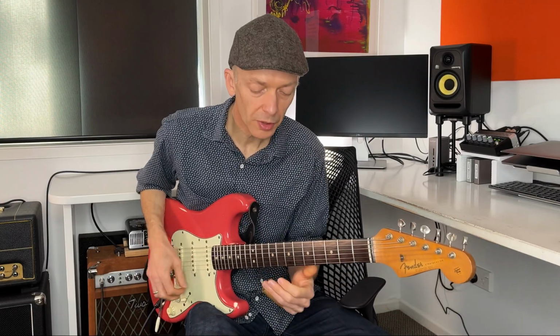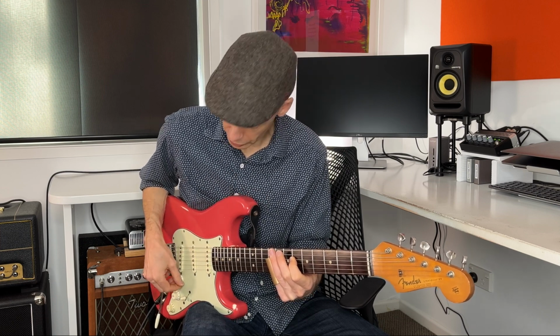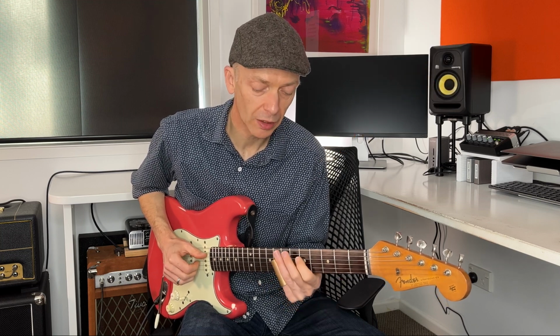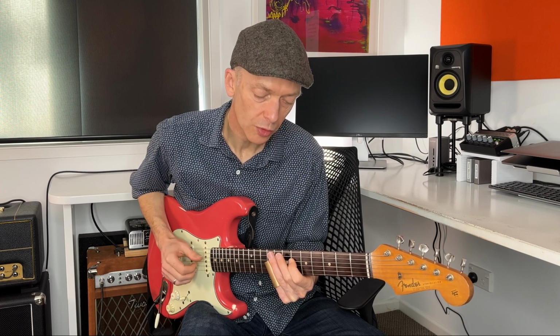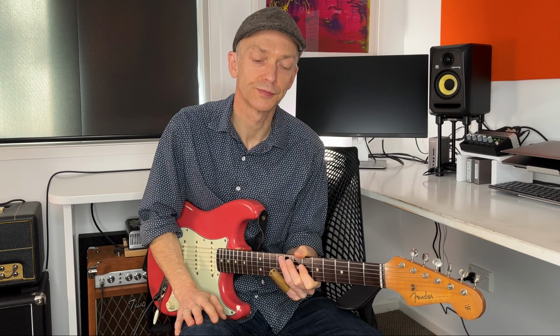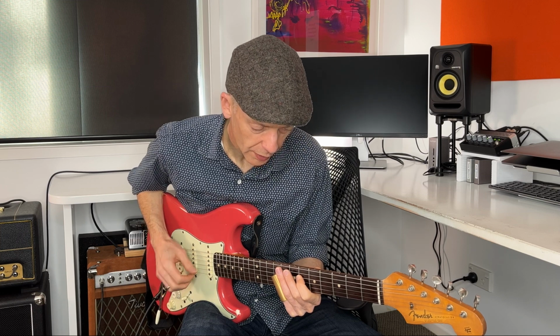So on the E7 sharp 9, I'm going to play the note on the 4th string, which is the 3rd of the chord, and the sharp 9, which is the note on string 2. Then I'm going to take that exact same shape back 1 fret to play the A13. So I'm still on strings 4 and 2. And I just drop that same shape back. Okay, so it's very smooth, it's just going back 1 fret for each chord. And if I put the reference note under, and for A,